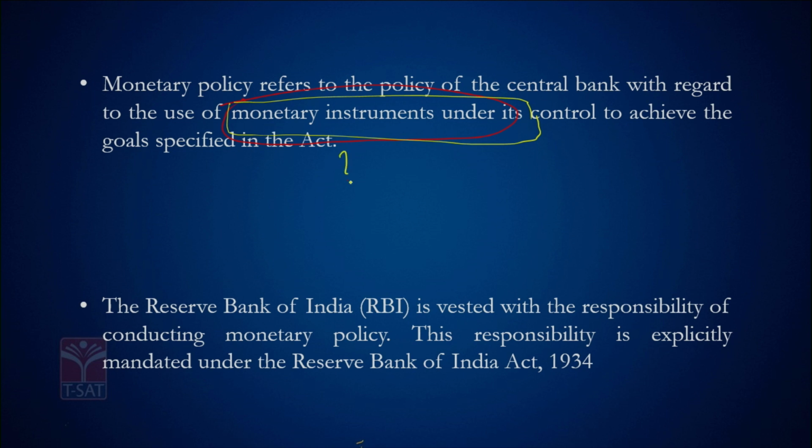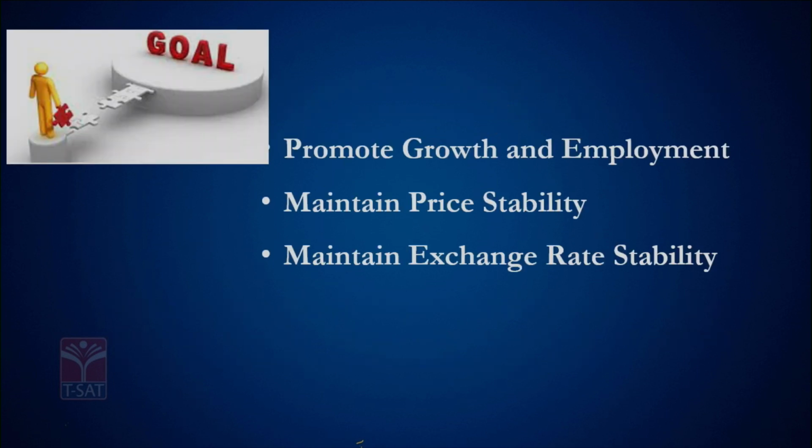So, what are the goals that have been specified? That is what we will be discussing as part of this session, and what are the instruments RBI has under its control to alter the supply of money? That would be our next part of the discussion. My dear friends, I think most of you know, RBI came into being as a result of the RBI Act of 1934. Many of you might have studied this as part of your modern history, isn't it?